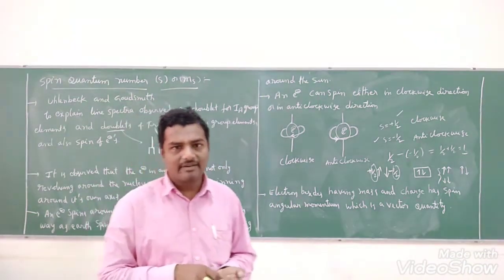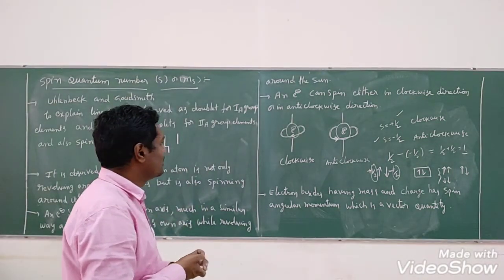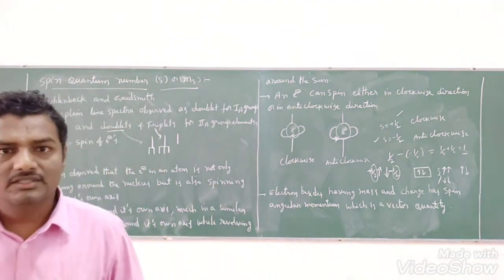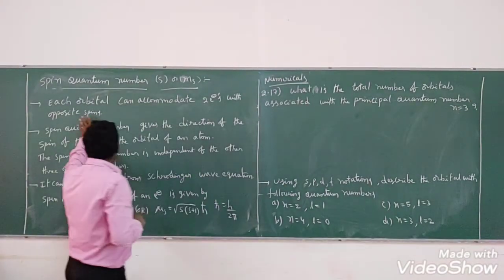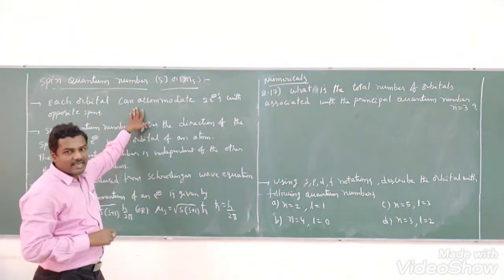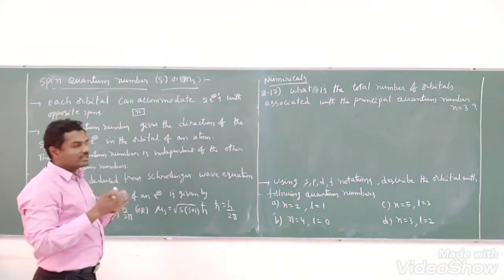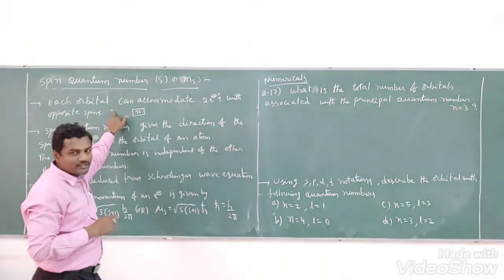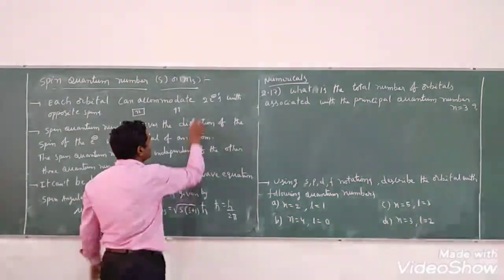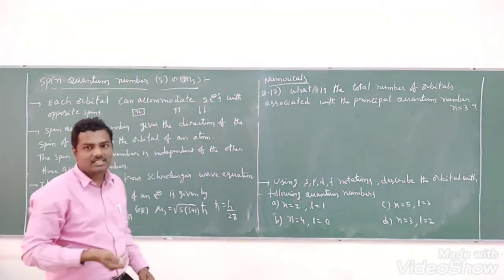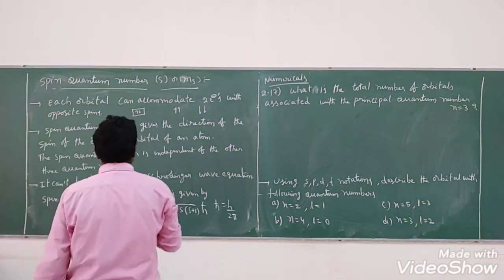Still some more points we have in this spin quantum number, students. I hope everybody understood what we have discussed till now, right? Note down these points. Let us see, students, here. I told you already each orbital can accommodate how many electrons? Maximum is 2 electrons. While accommodating the 2 electrons, these 2 electrons should accommodate with the opposite spins like this, students. This is one condition. If the electrons are there in the same direction, means parallel spins, that type of orbital will not exist in the region, in an atom. Okay? That we know.